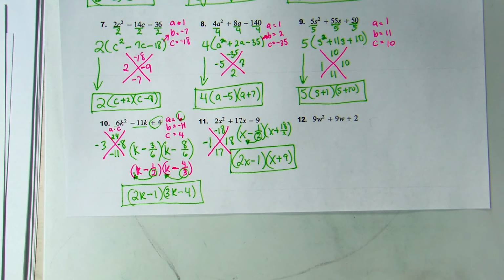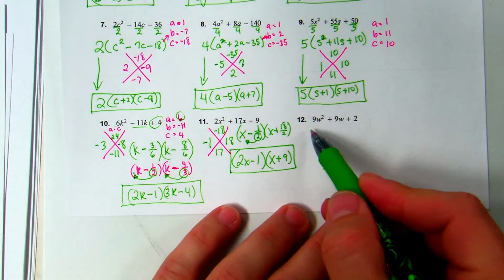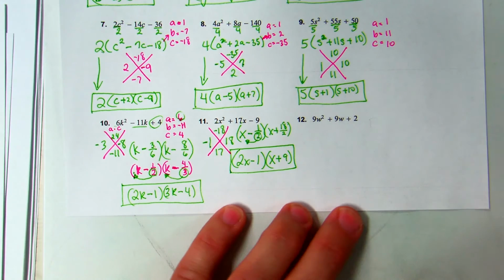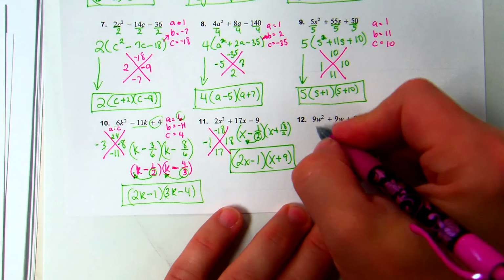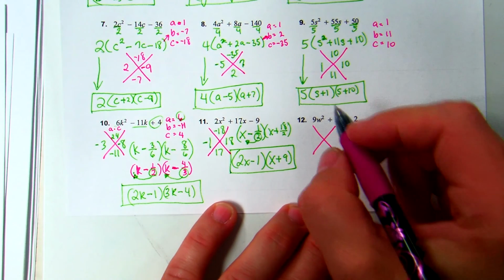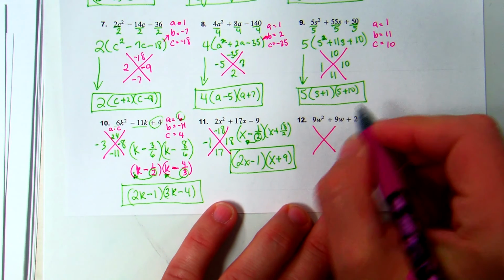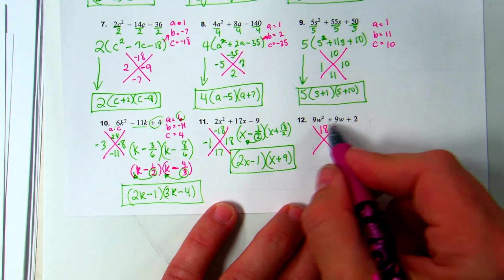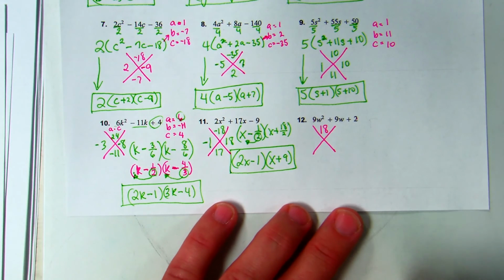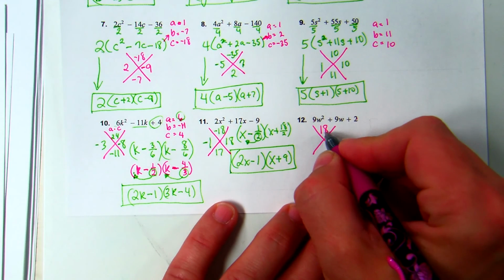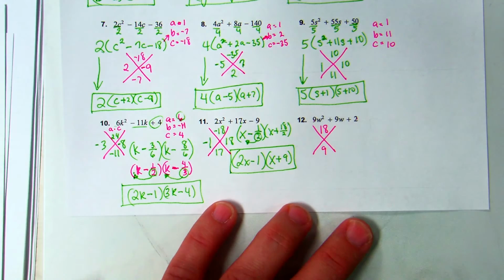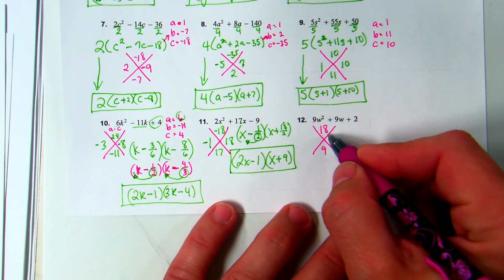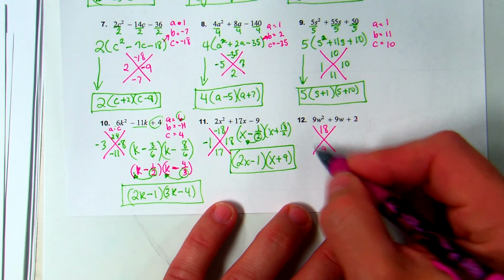All right, the last one. Number 12, again, I cannot divide all of the terms by 9, and so I'm going to set this one up just like we did the one before. I'm going to have 9 times 2, or a times c, for this top term, which is going to be 18. Everything's positive, so this is going to be a nice one to end on. 18 for the top, 9 for the bottom term, and factors of 18 that add up to be 9 because everything's positive. I'm just adding